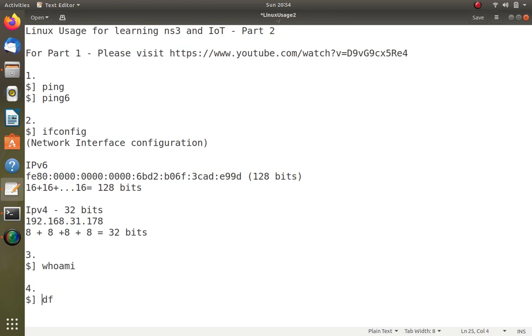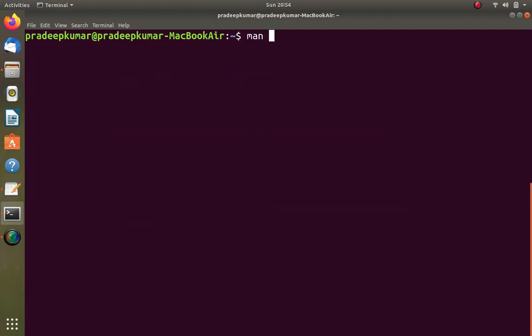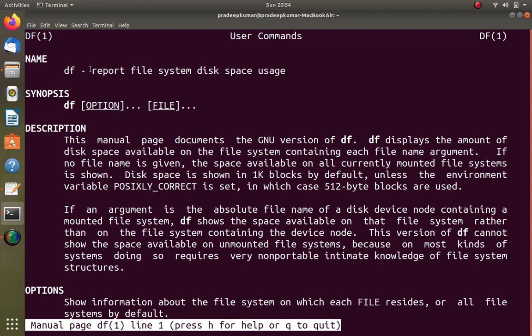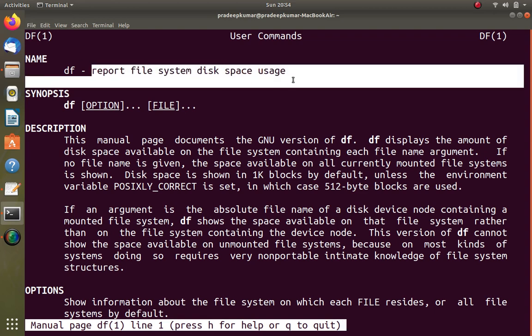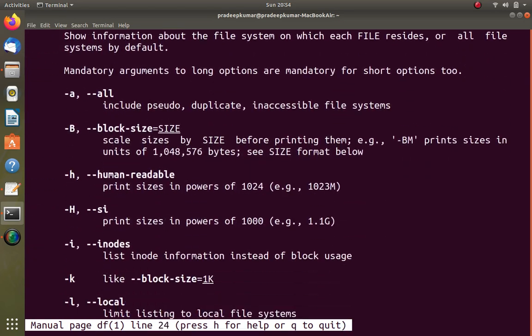In case you want to know about the df command, since I was telling you simply the df command, you understand, but if you want to know about it yourself, Linux has a manual. man is the command for the manual. Simply type man, then space, then the name of the command you would like to know about. Now you see that df reports file system disk space usage. It will tell you all the arguments also.